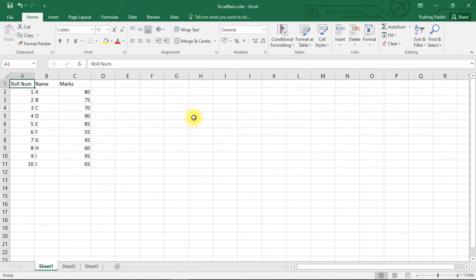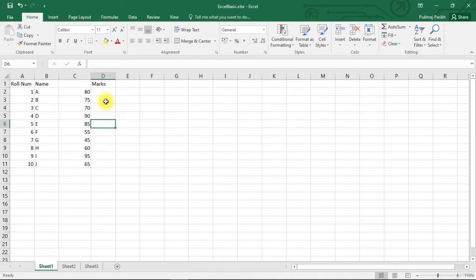So let's cut the data in cell C1. To do that, we go to cell C1 and click on the cut option in the home menu. When you do this, you can see the dotted border around this cell, which means that the content of this cell is ready to be transferred. Now activate cell D1 and click paste. You can see that the contents of cell C1 are now transferred to cell D1.